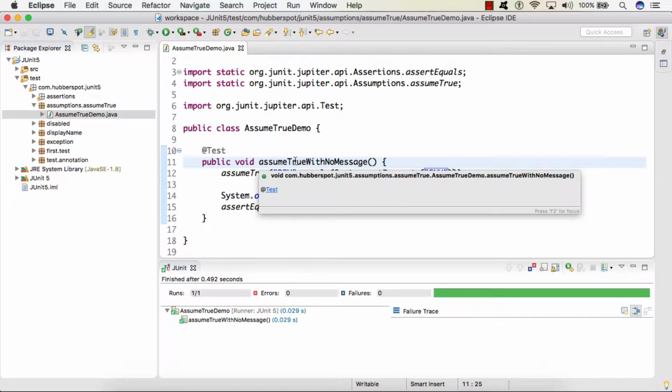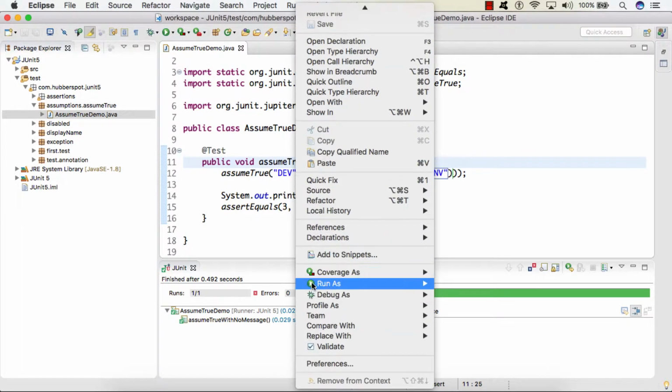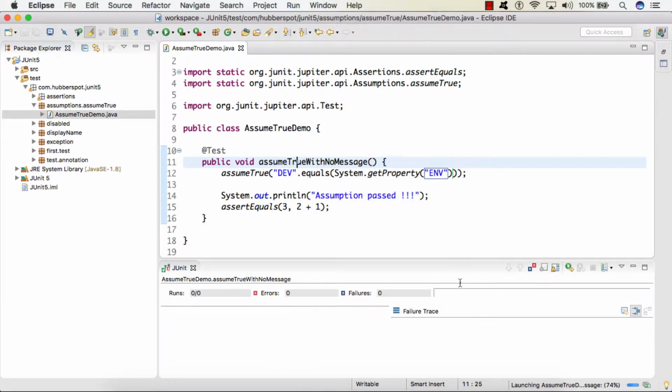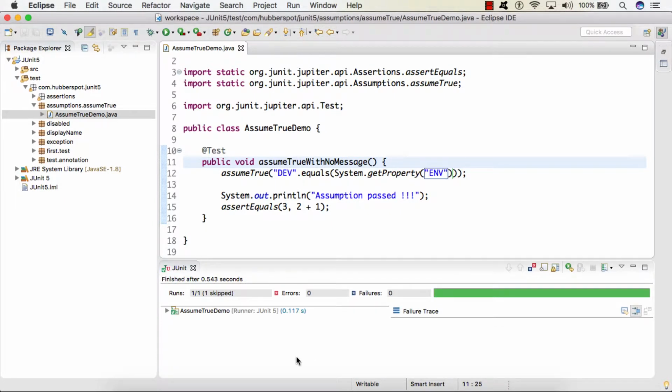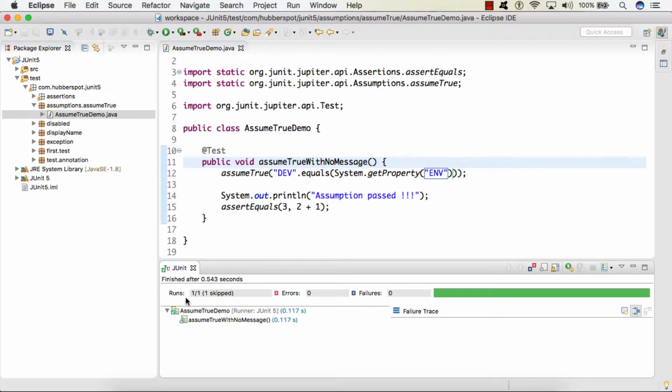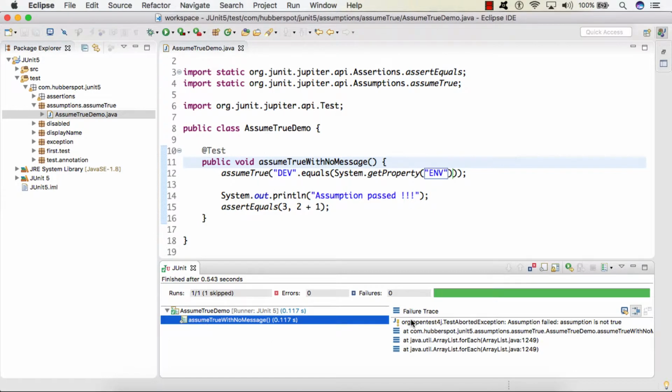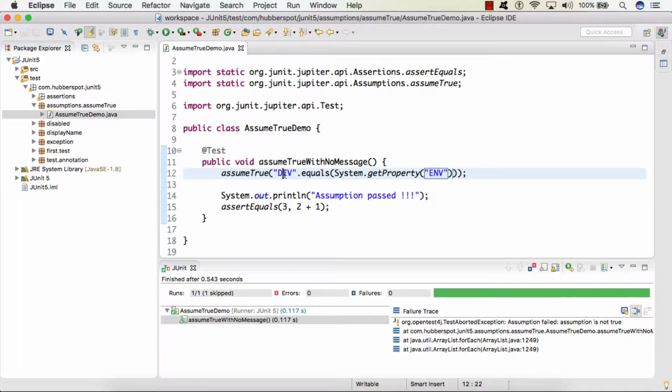So if I run the test case now, you can see the test case got passed, but what happened is our @test got skipped. So here you can see that it shows 1 skipped, and if I hover over it, you can see it threw test aborted exception saying that assumption is not true because we haven't set any system property as env which matches to dev.